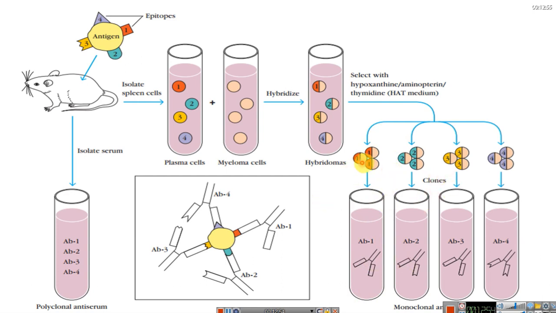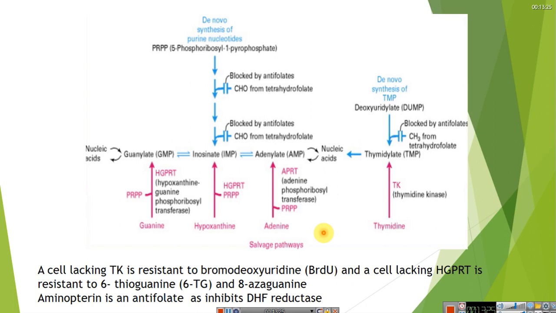Likewise, we have four different hybridomas producing four types of monoclonal antibody, and the pool of all these antibodies against a single antigen is polyclonal antibody, right? So they have a different V region, all the four. But if we consider only one and its clones, it will be monoclonal. So this way you should understand what is a polyclonal and monoclonal antibody.